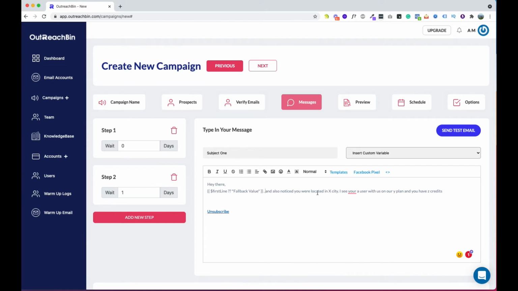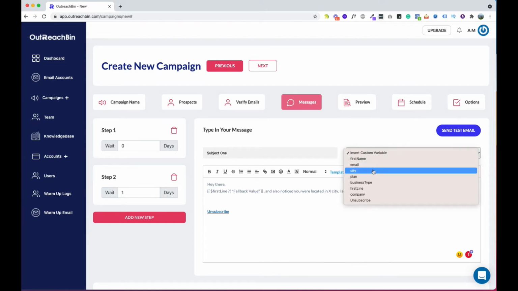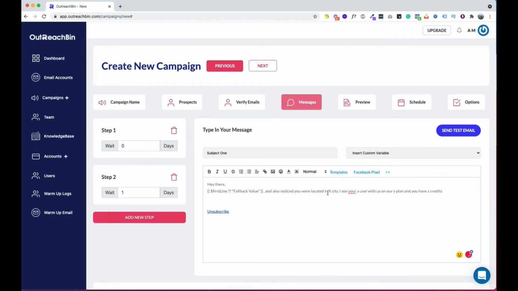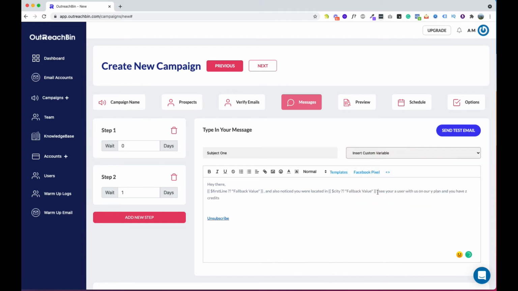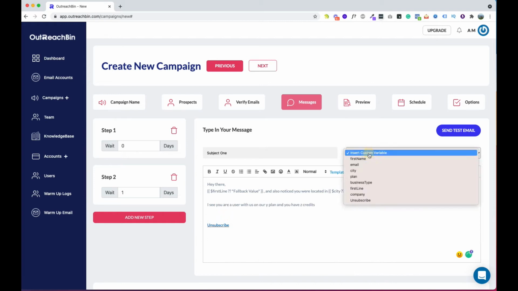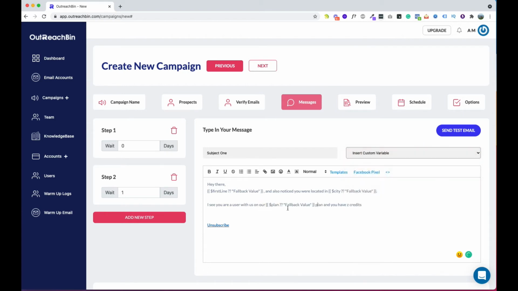And I noticed you were located in, where is the city, right? So let's go click on located in, and then let's put in the city variable, city, right? We will add a period and do a new line. I see you are a user with us on, so we have plan, on our, I put the plan, and what else is there? And you have a